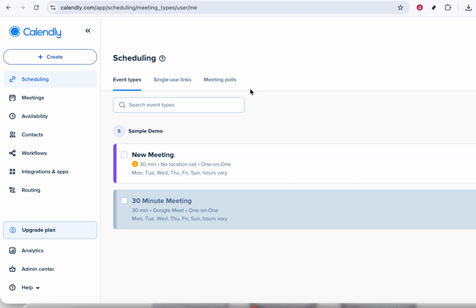First, make sure you're logged into your Calendly account and you're on the main dashboard. From here, look for the scheduling section. This is where Calendly groups all of your meeting types and scheduling options. Go ahead and click on scheduling. This will open a page showing your existing meeting types, if you already have any, and it's also where you'll